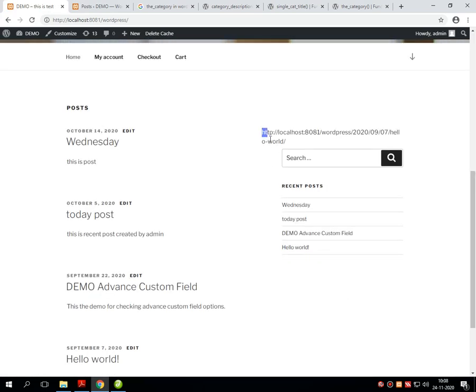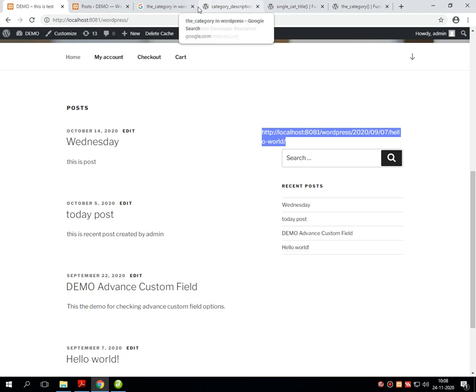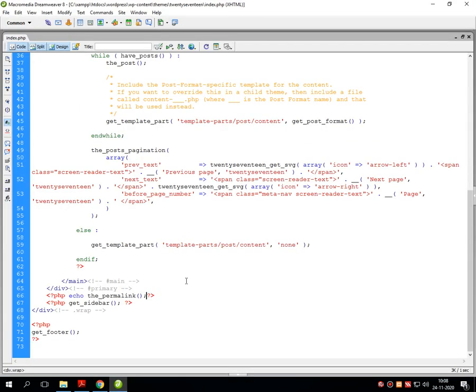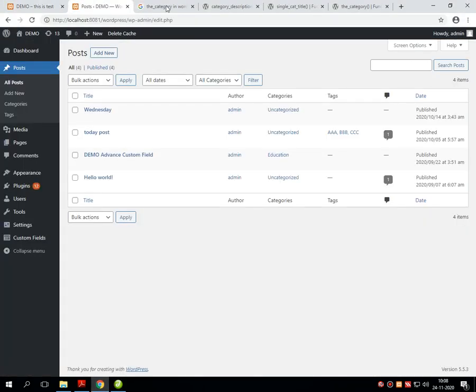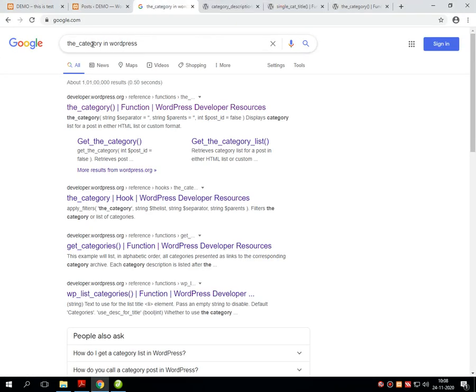It displays hello world onto the screen. By default, hello world is the last post that I have created, so that will be displayed onto the screen. So let's see the theory of the underscore permalink function.